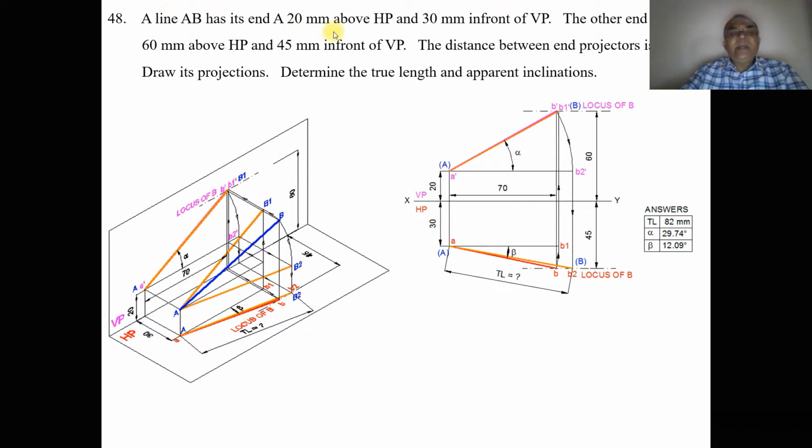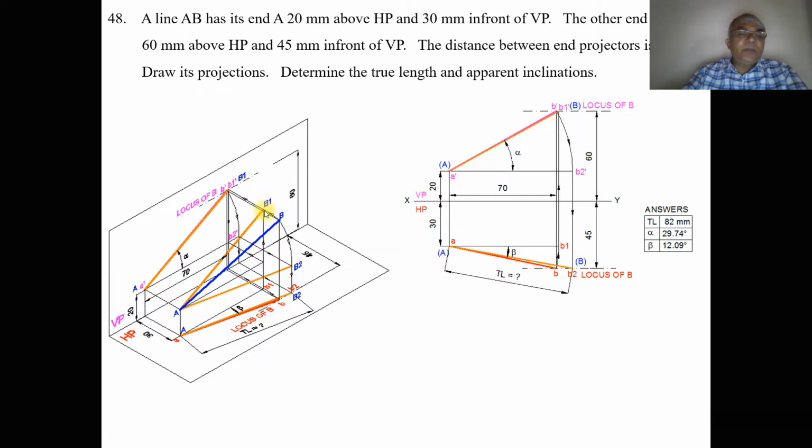Now, our main aim is to find the true length. Suppose you want to find the true length in the vertical plane, I want to take the top view. So how has it to be rotated? When you see, this is the line when you look from the top view, that point B is going to be here, and this is A. So we need to rotate this capital AB such that B is going to be in front of VP by 30 mm. That means we have to make the line which is in space, in 3D, that line B parallel to VP.